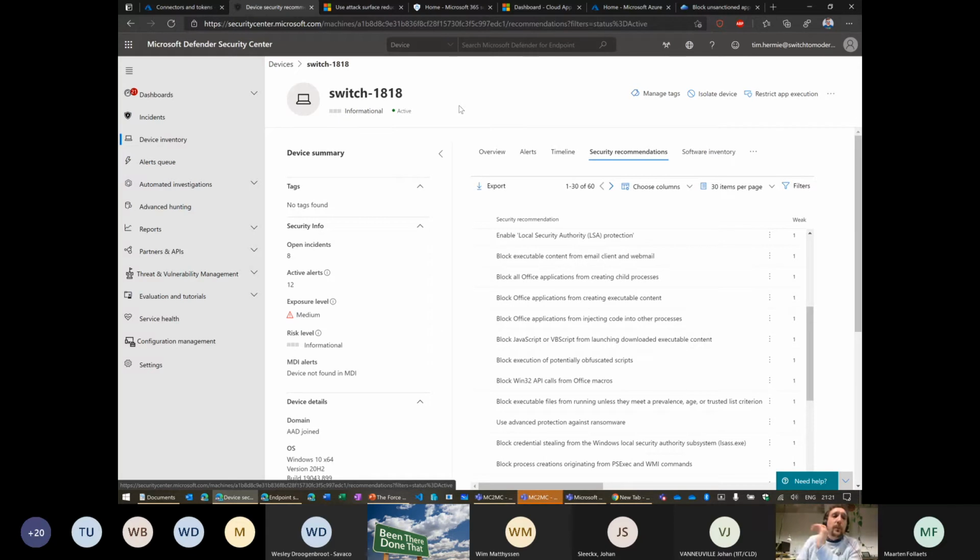This is the Defender part. I'm not going to be talking about the rest of it. If you want to know more about it, be aware that there are ninja trainings. We have a Defender ninja training from Heike Ritter, I think. That is awesome. There's also an MCAS ninja training and a Sentinel ninja training. So be aware that they are out there on the internet for free. If you want to know more about all these features, I'll advise you to dive into that. But let's dive into MCAS now as a demo.